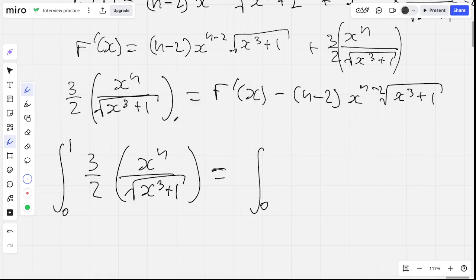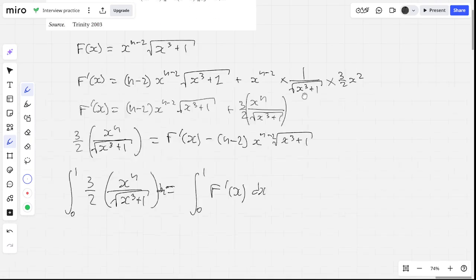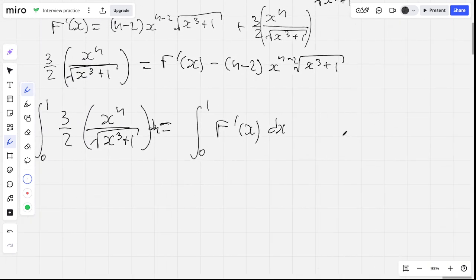Well, if I integrate this from 0 to 1, we already know this is like integrating my original function. Not integrating, just substituting 0, 1 into here. So that's nice. And then